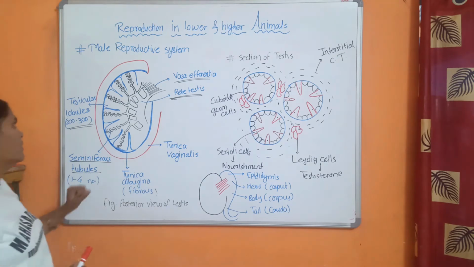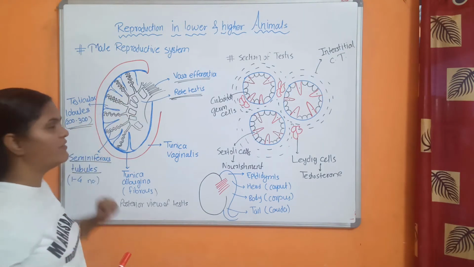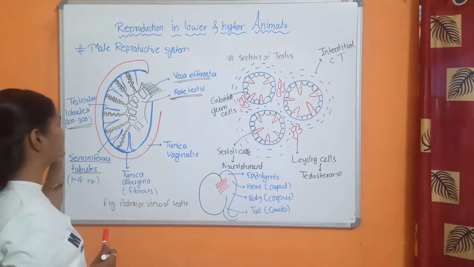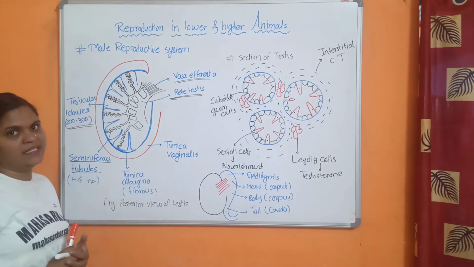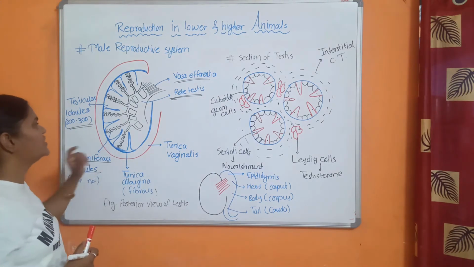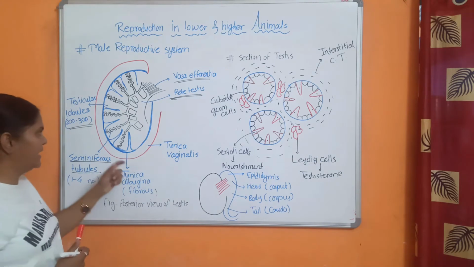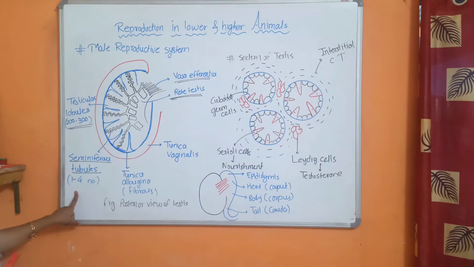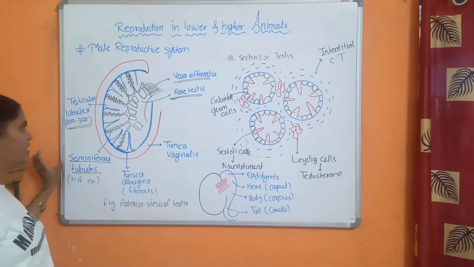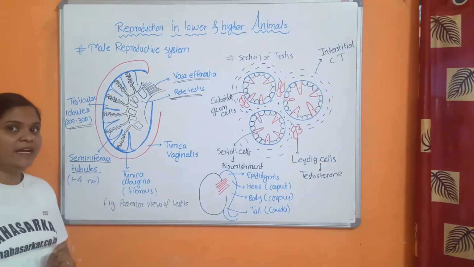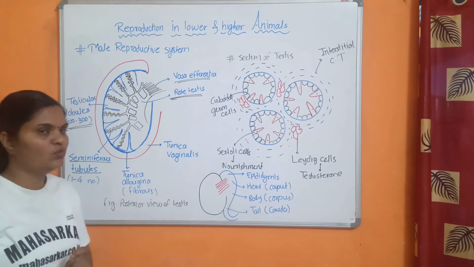The testicular lobules have a highly coiled structure called the seminiferous tubule. Each testicular lobule contains 1 to 4 seminiferous tubules. This is very important: the seminiferous tubule is the actual site for the synthesis of